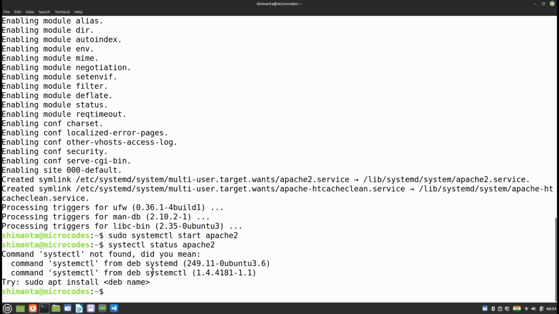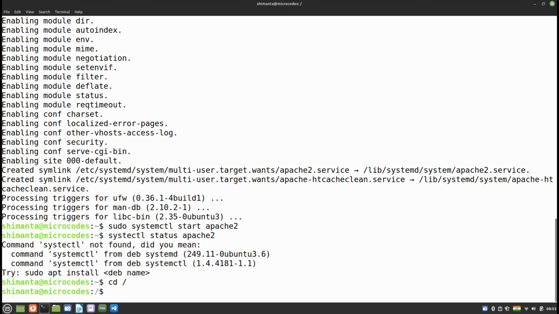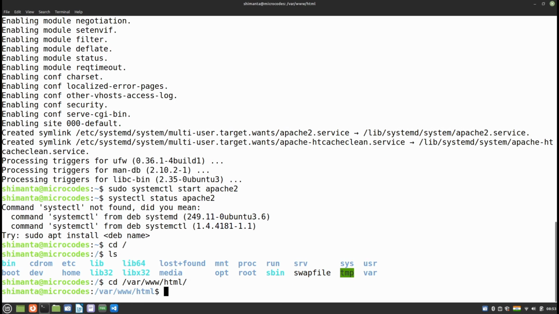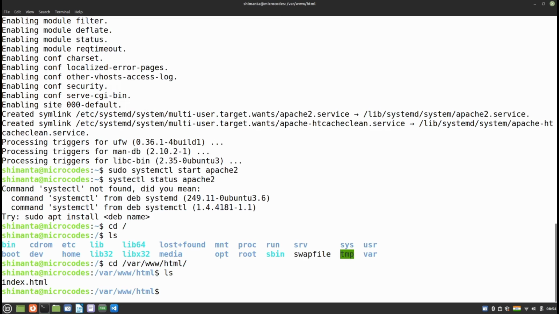Now for this, first go to the root directory, and here as you can see there is a folder called var. So go inside var. So I type var and then www, then html, and if I type ls, as you can see index.html is here. I'm sorry, this is index.html, not index.php. So for removing this file, you need to type sudo rm and then the file name which is index.html,